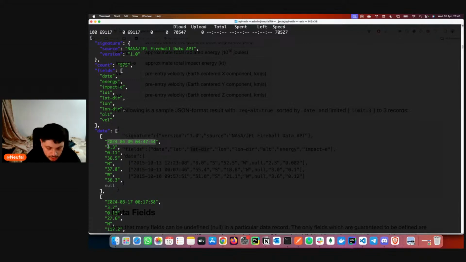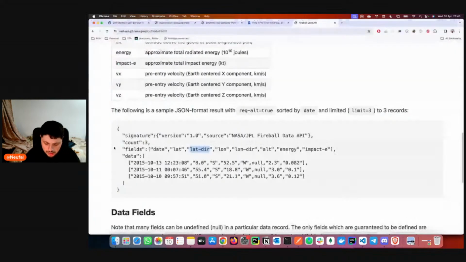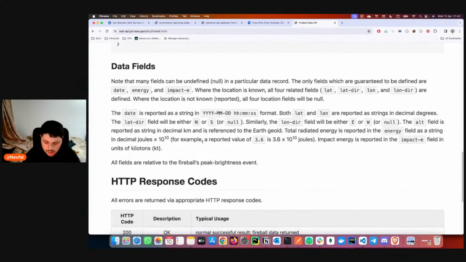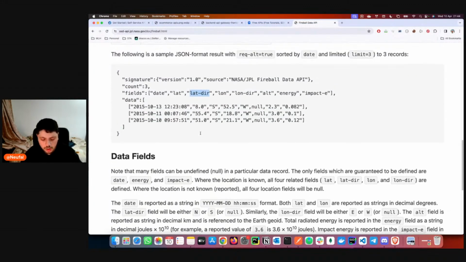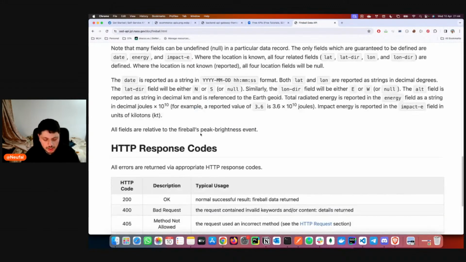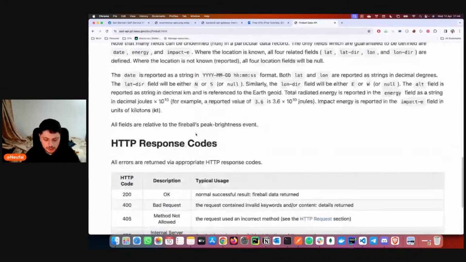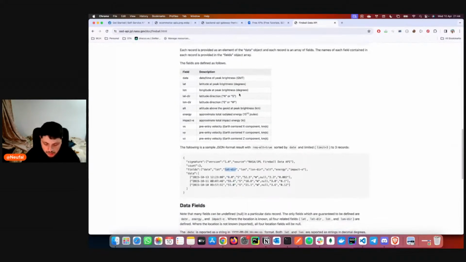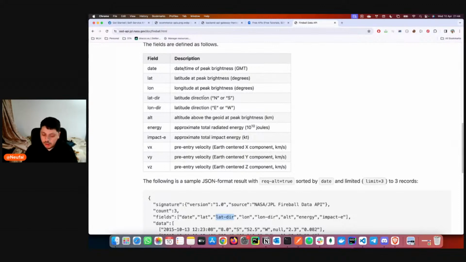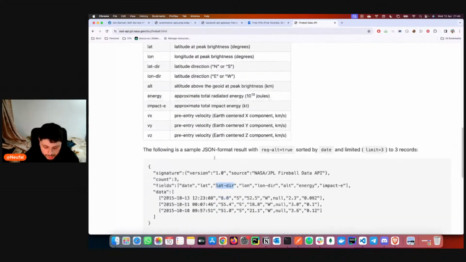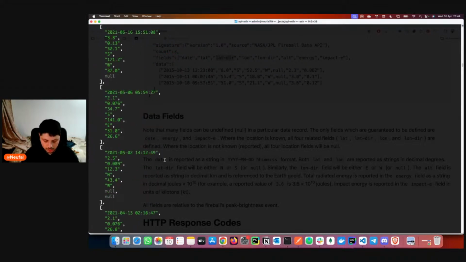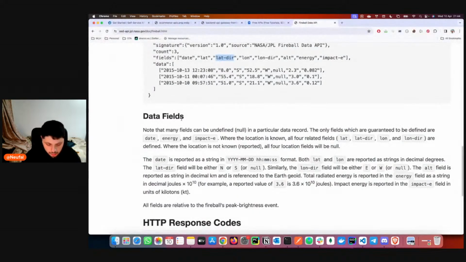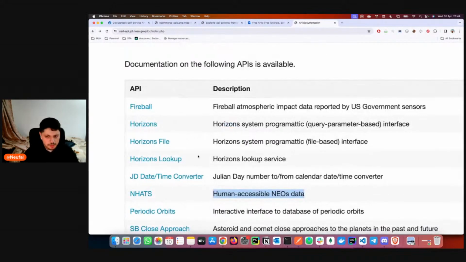And then you have the energy 3.3. I don't know what this is. I don't know if it's in joules, in kilowatts, whatever. And this is where you get all the information and the HTTP response. And here you can see all the different response information and what it is. Okay, and probably you can even choose the fields you want to retrieve. So if you know what you're doing and you know about astronomy or whatever, it will be really helpful. Okay, so this is basically how to use it.